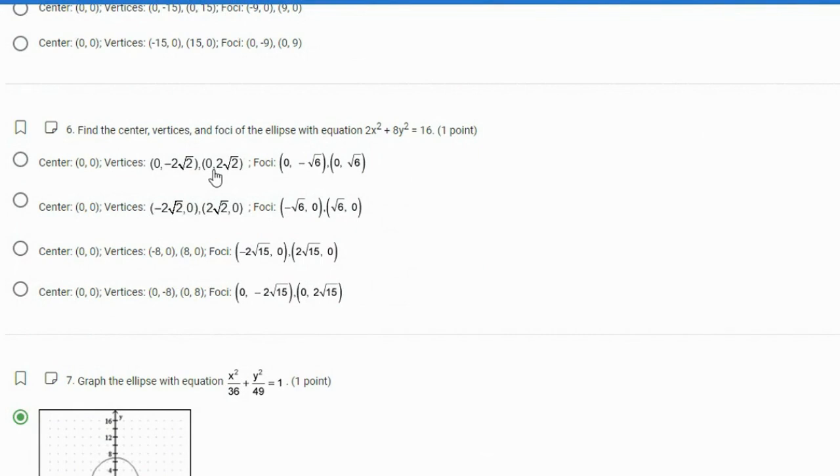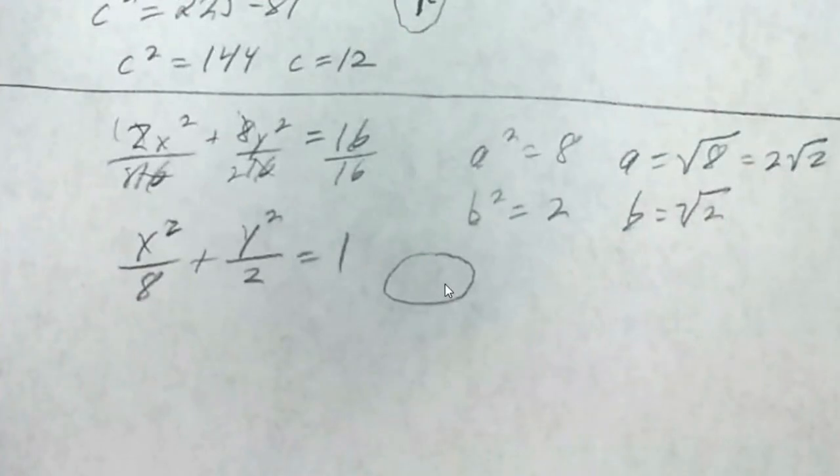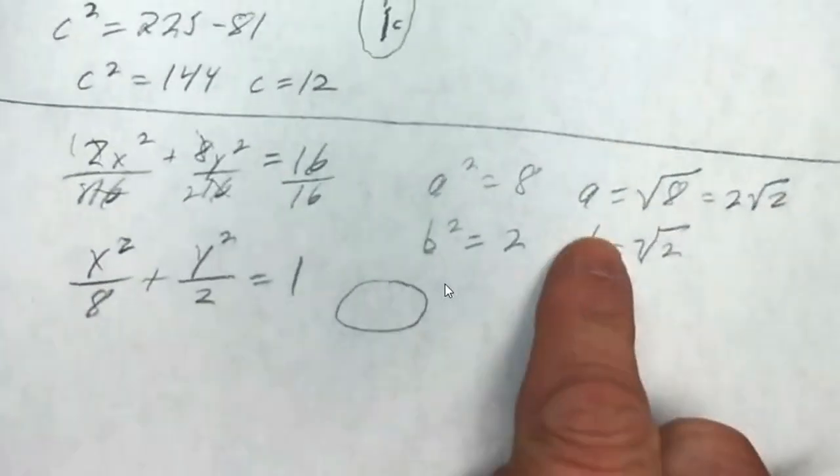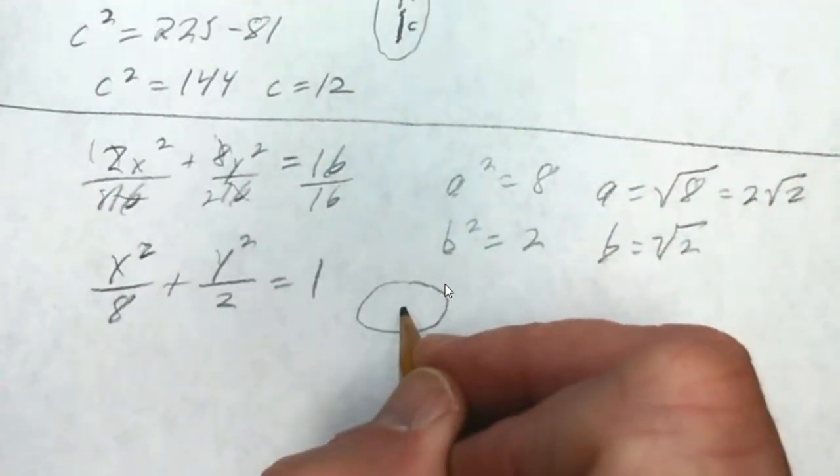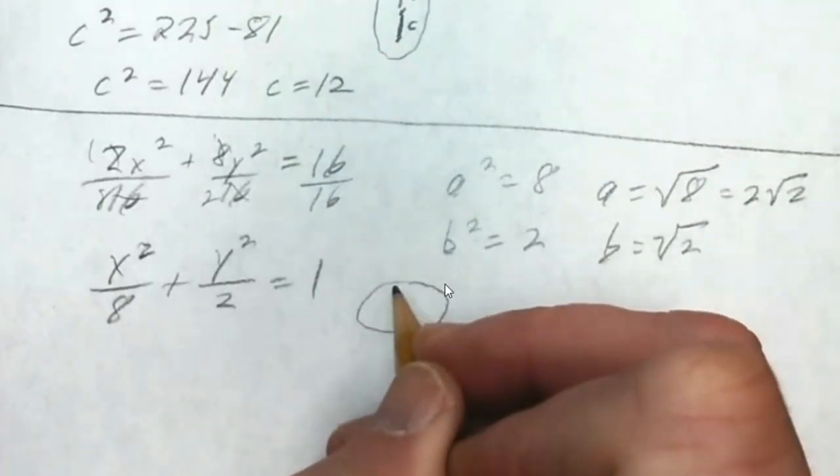And look, they're using 2 square roots of 2 and 2 square roots of 15, square roots of 6. So they're leaving it in square root form. The center is at 0, 0, because we don't have any h or k. So let's figure out which one of these works. Since we know a is 2 square roots of 2, since they simplify it that way, we know that's the distance between the center, which is at 0, 0,